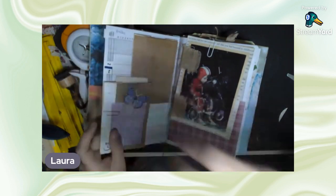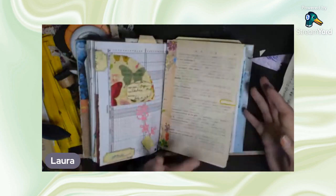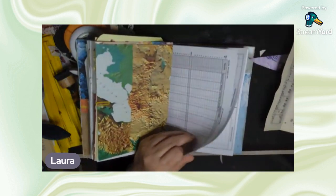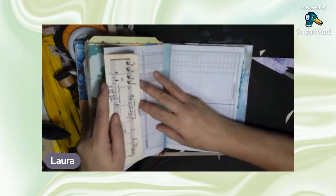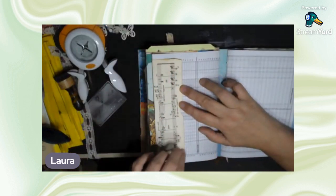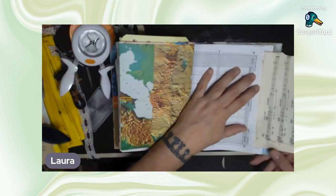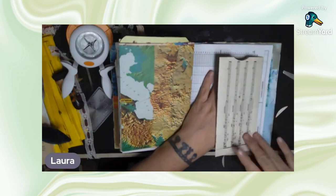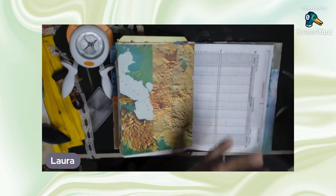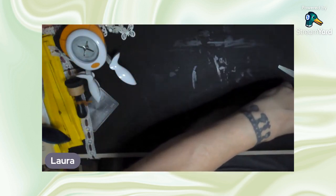So way back on week 2, we made these. With this, you have a choice, right? You could just attach this straight into your page like this, gluing here, here, and here, a little pocket, and then this will open up as a tip out pocket, right? Or you could set this up as a signature,